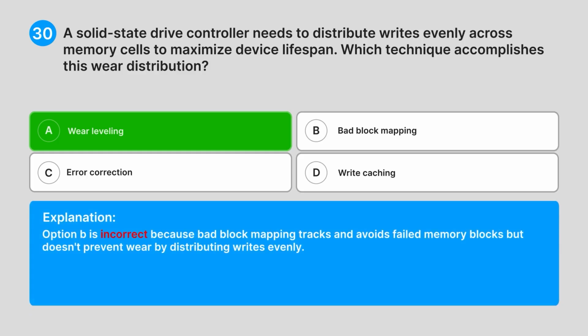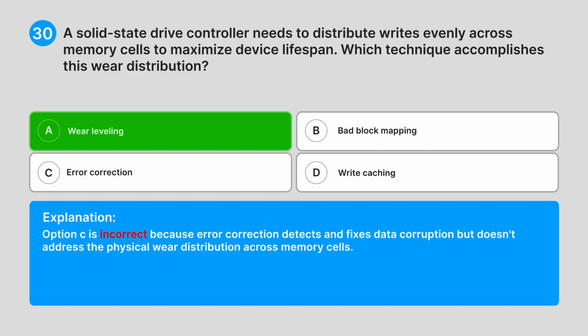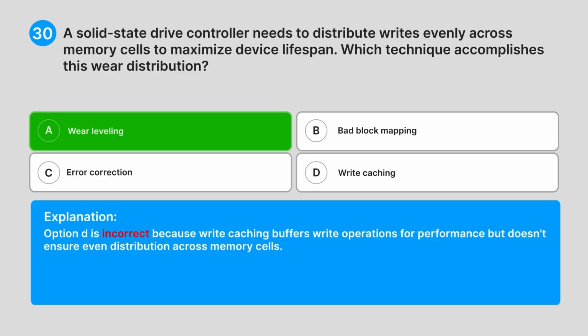Option B is incorrect because bad block mapping tracks and avoids failed memory blocks but doesn't prevent wear by distributing writes evenly. Option C is incorrect because error correction detects and fixes data corruption, but doesn't address the physical wear distribution across memory cells. Option D is incorrect because write caching buffers write operations for performance, but doesn't ensure even